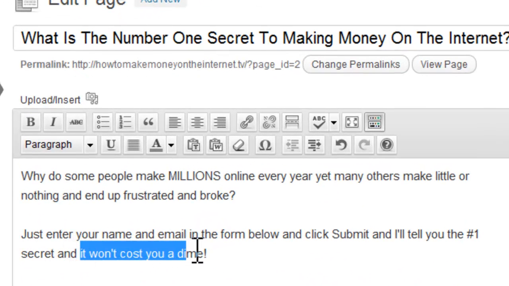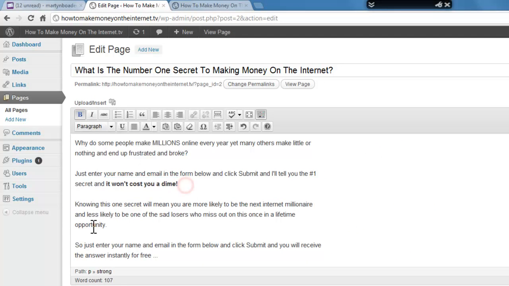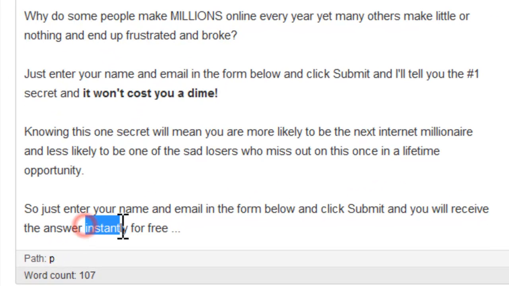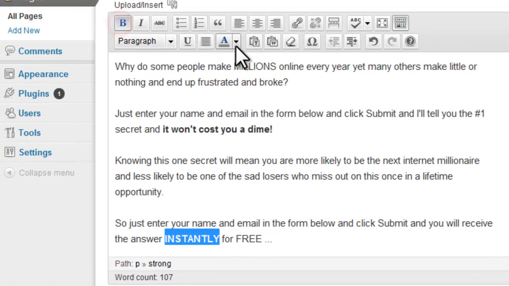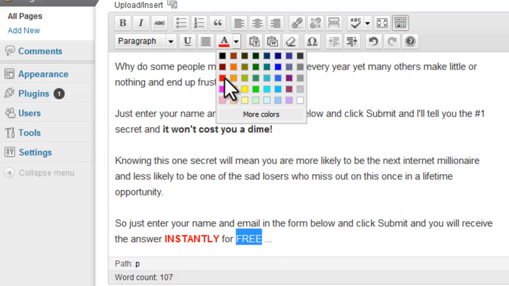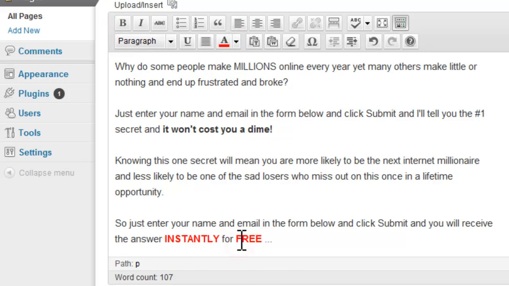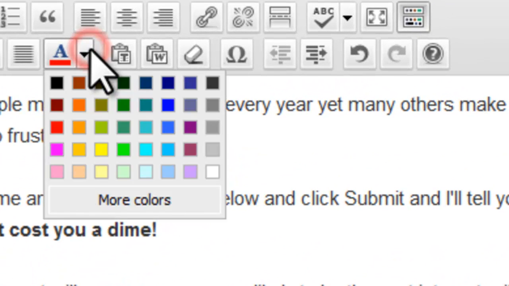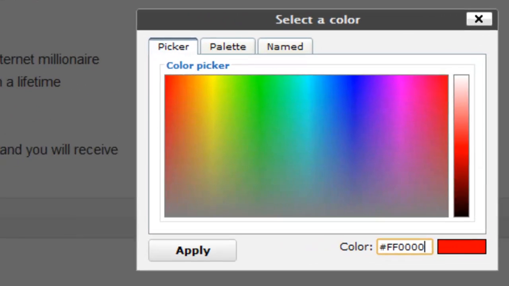It won't cost you a dime. Let's emphasize that. So I could make that bold, for instance. Instantly. Capitals and free. Okay, and in fact, I'm going to make that bold, and I'm going to click on this here and make it red, red and bold. I don't really like that red, I find it a bit too bright and shiny, so if I click on more colors, I'm just going to make it a little darker,